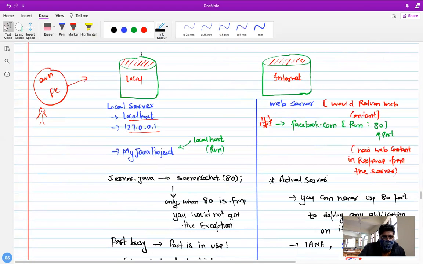If we are using a local server, meaning your default server, localhost or 127.0.0.1, if you remember, in the Socket class we passed this as a domain name, localhost, and then we passed the port number as well.